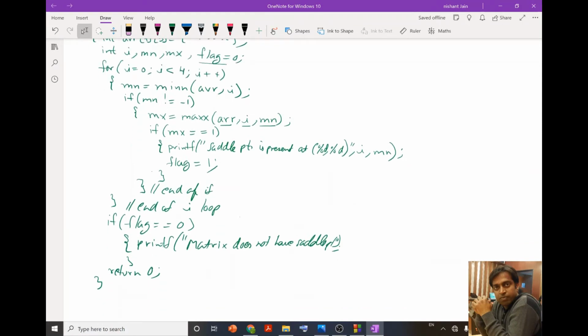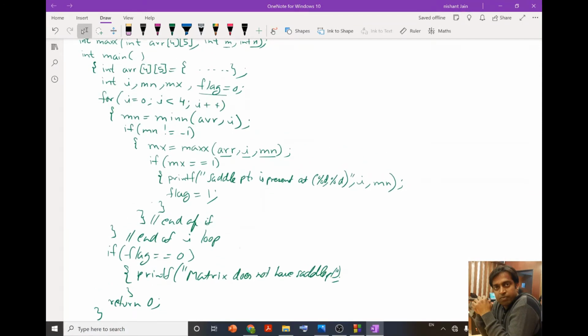So in the main program, what I did: first I declare the array and some variables, then I start a loop to check in each row the minimum value and the maximum value, and if there is a saddle point in that row. To get a saddle point, first I get the minimum value location, meaning the column number of the minimum value.